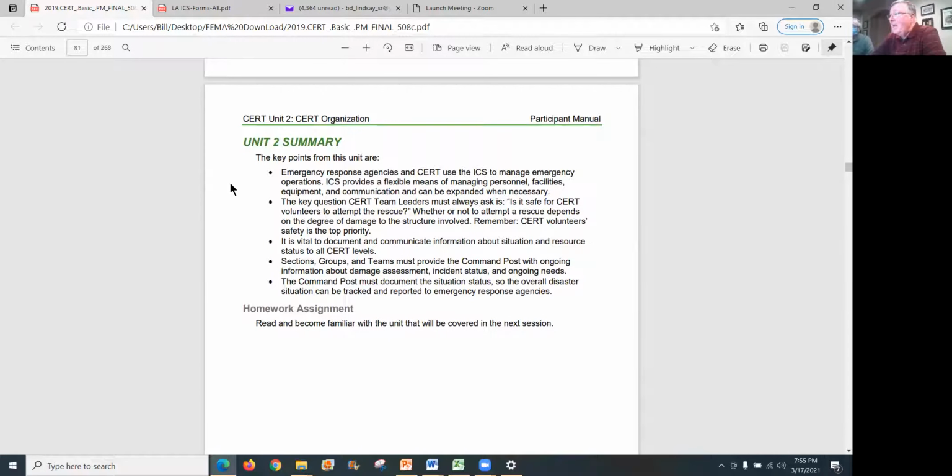Summary. When you first start out, let's say we had an earthquake and a tornado hit once, right at the same time, or real close to each other. First thing you do is you look at your house, you look at your family. Are they good to go? Everything intact. Then you go to your designated meeting place.